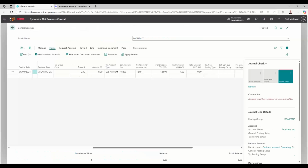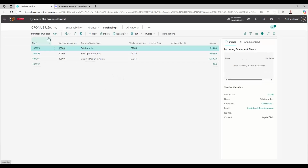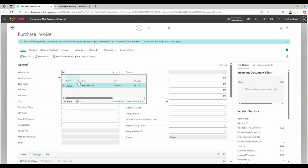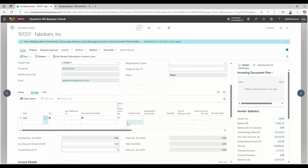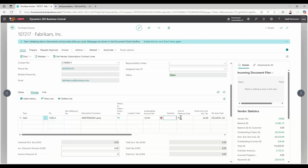And in particular with scope 3, because scope 3 is that very broad scope, which would be very hard to pin down. So if I was to just quickly raise a purchase invoice, I'm going to create a new one. We'll create it for this first vendor, and we'll stick a vendor invoice number on it. And let's purchase some of our Amsterdam lamp, which we know has those values on it from earlier. I'll purchase 10 of them, and